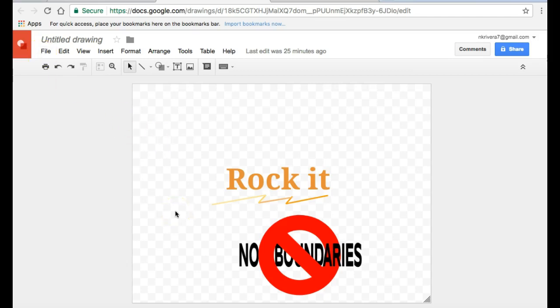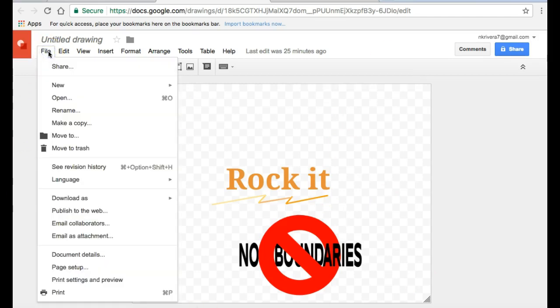Now, once you are done creating the logo, you want to make sure that you utilize the full canvas for one logo only. You see two in here because I am giving you examples, but use the full canvas for your logo so that you can have a better usage of it. Then once you're done,